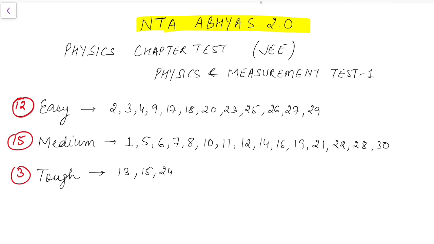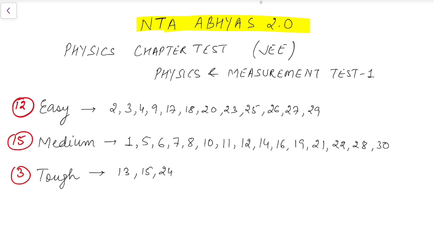I'm today taking the chapter test released in the JEE tab of Physics and Measurement Test 1. Now this is a very good paper for practice. It's not very tough, it's a perfect paper. The questions which are genuinely asked would be a very good revision for all of you, so you must attempt this paper. This is a very good practice paper, so I rate it as a very nice paper. So this is my rating for this.